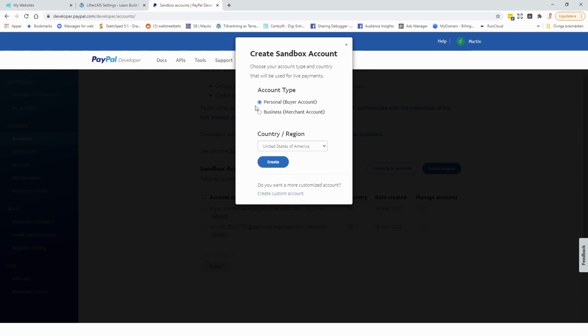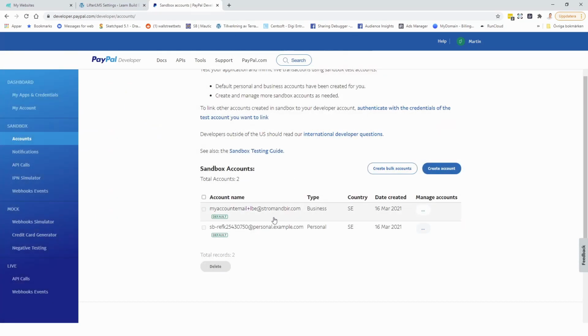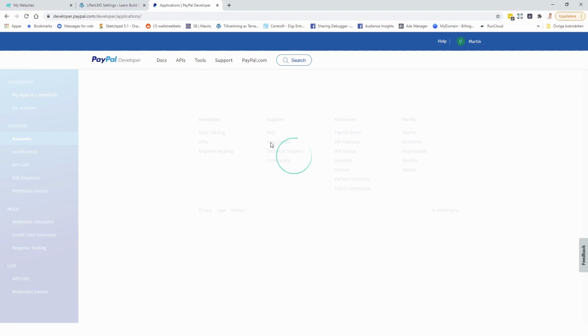So click on business merchant account and enter the country, region where you're at, and create. Then you should also create a personal account example here. You can probably create both of them, but this is where we need to have later on. But first, also create